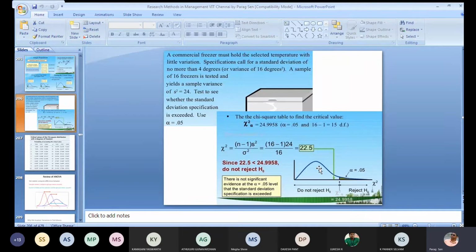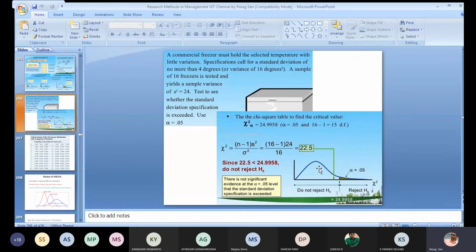Okay, and sometimes it is to be noted in the chi-square test that you do not want to reject your null hypothesis. This is very interesting to note. Previously I have told you a lot of times that you want to reject your null hypothesis and establish your research hypothesis, or the alternative hypothesis.